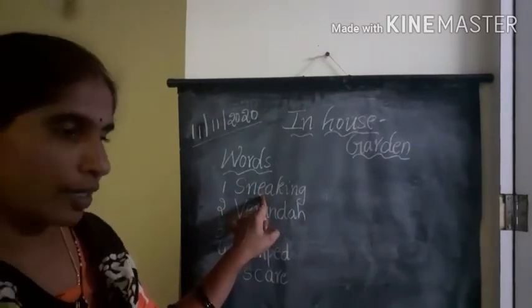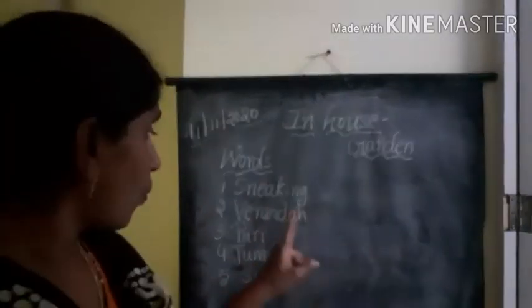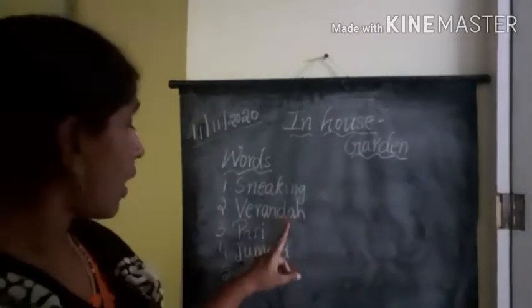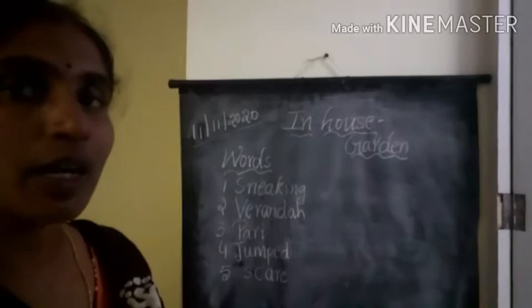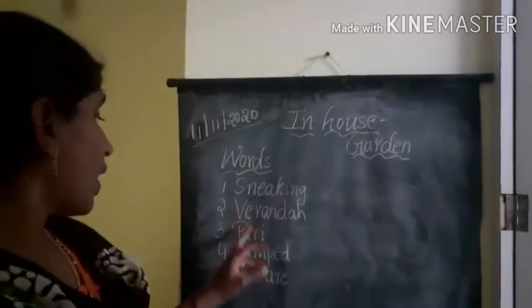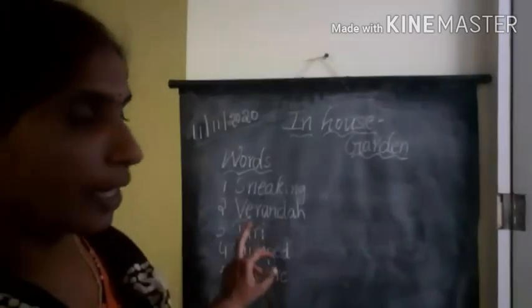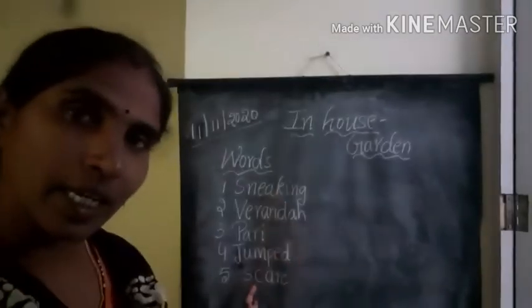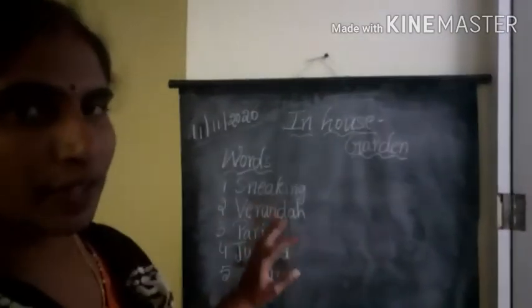Silently she is walking through the veranda, walking through the veranda and jumping on the small plants. And who is doing like that? Yes, Pari. Pari was sneaking here and there. Sneaking means here and there. Pari was sneaking,